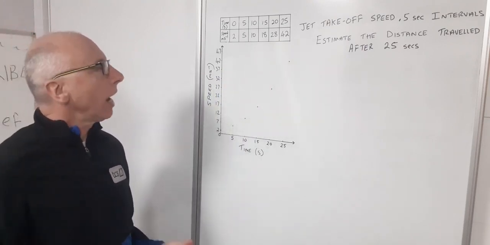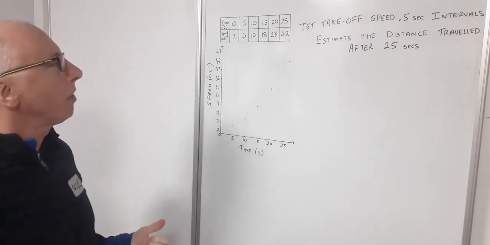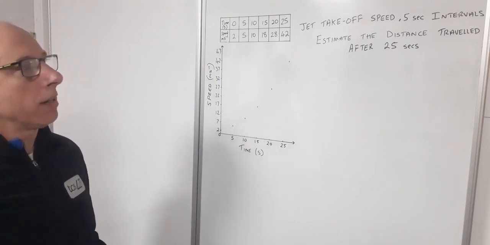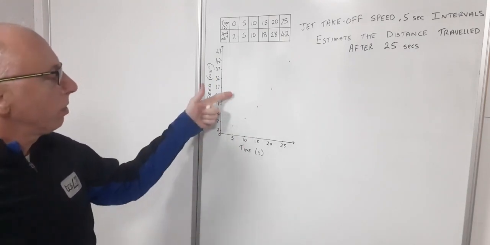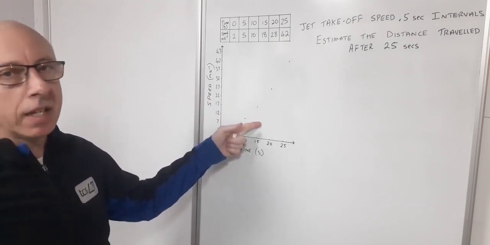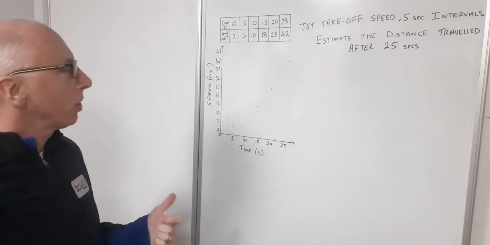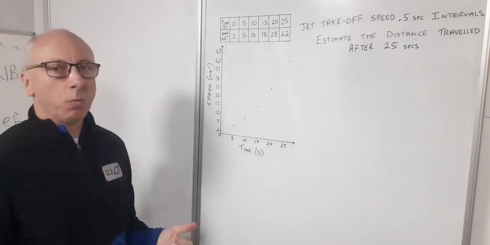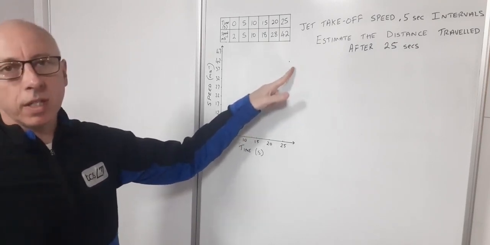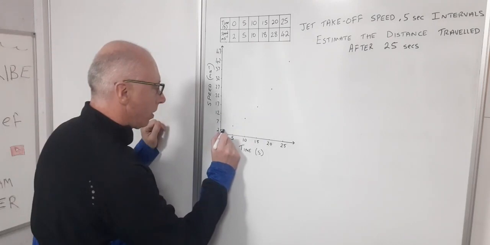Now we need to estimate the distance, so how are we going to do that? Because we don't actually have a formula or anything, we just have these values. Now what we do know is that if you have a graph with speed and time, the distance under the graph is the actual distance travelled by the object in question. So what we can do here, first of all, is we can just try and join up all these dots and make a curve. So if I just go along like this,